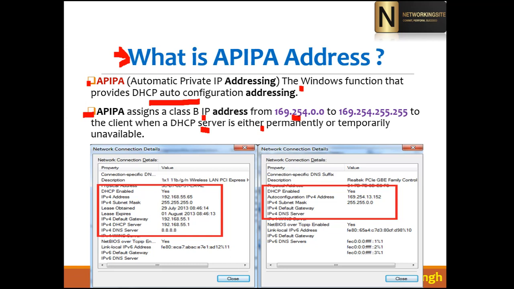Temporarily unavailable may be because the cable has some problem or something like that. In that case your computer will get an auto-configuration IP address, so you can still communicate with another computer.